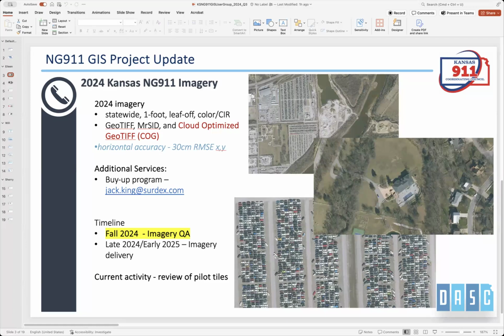There's the horizontal accuracy. Just as a reminder, the local buy-up program is still available. I know several of you took advantage of it this past leaf-off flying season. I think we had a few counties that did their cities as a buy-up to 6-inch and 3-inch. That is still available. If you're interested, reach out to Jack King, who is our Surdex contact. He'd be happy to talk to you about your specific area and resolution,